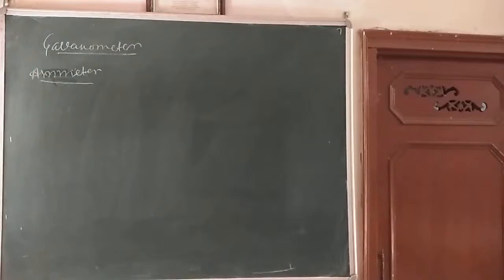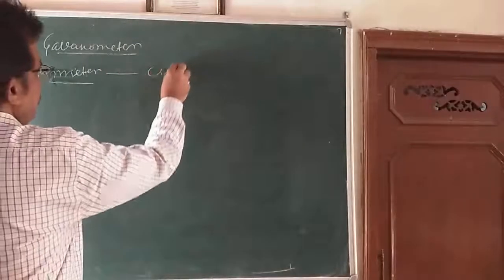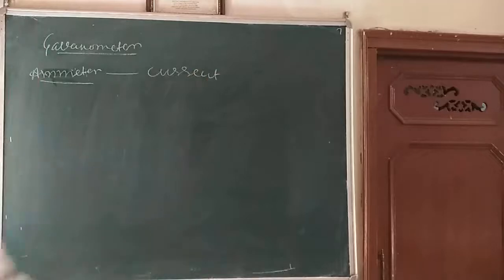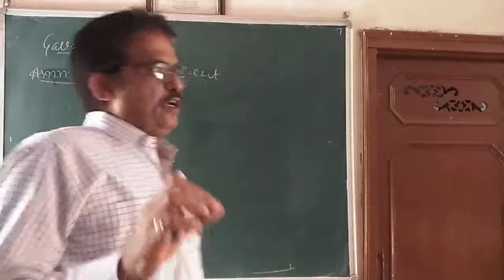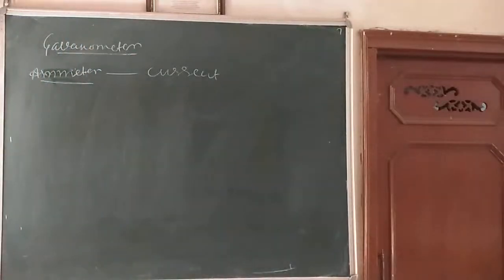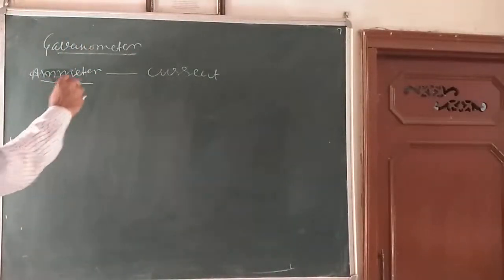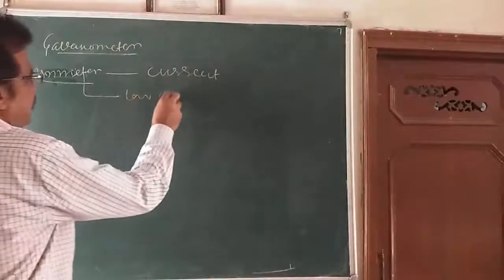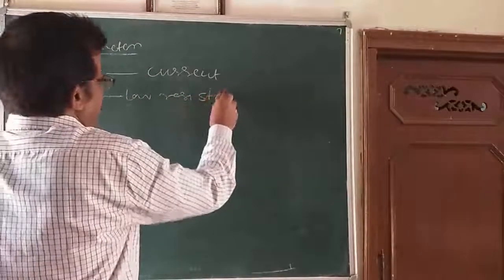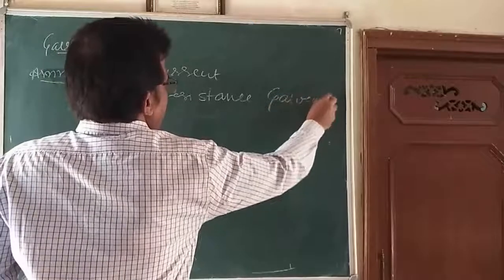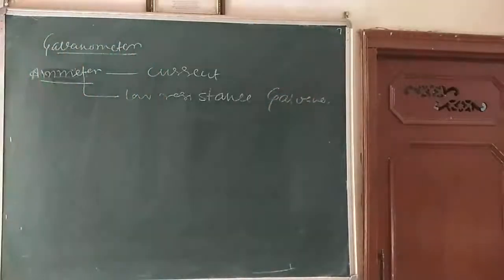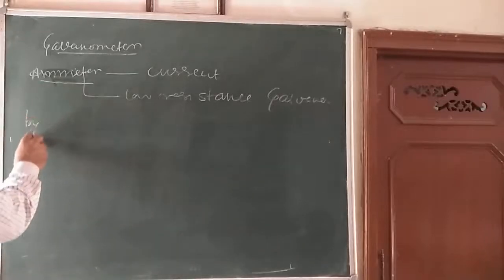An ammeter is used to measure the current in a circuit, and the unit of current is ampere. We know this very well. It is a low resistance galvanometer. A galvanometer can be converted into an ammeter by using